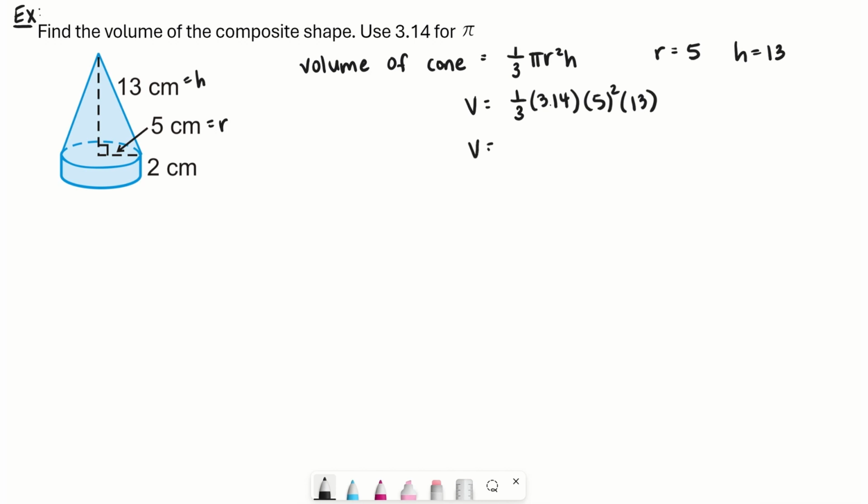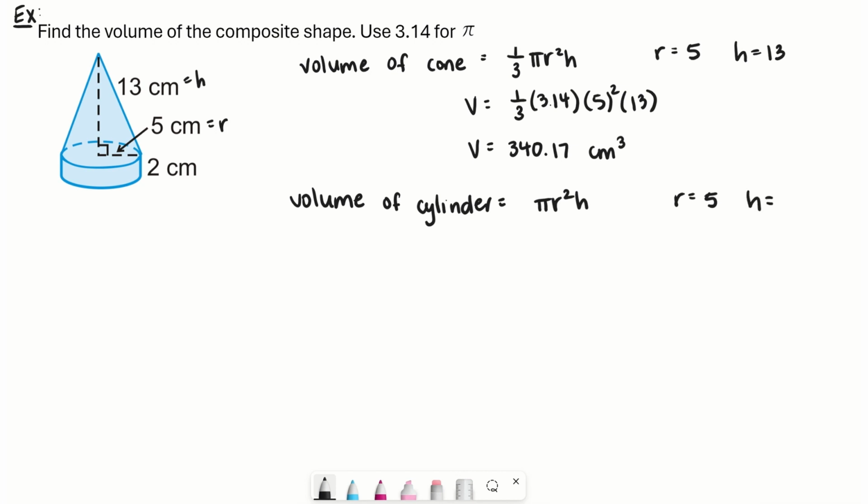Plugging this into the calculator, we will get 340.17 when we round to the nearest hundredth, and this will be centimeters cubed. Now we can go ahead and find the volume of the cylinder right below it. For this one, we'll use the formula pi r squared h. The cylinder still shares the same radius, so the radius will be 5 as well, but the height of the cylinder is 2. Now plugging this into the formula and replacing pi with 3.14, I get